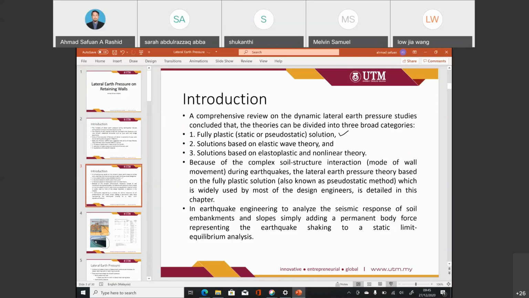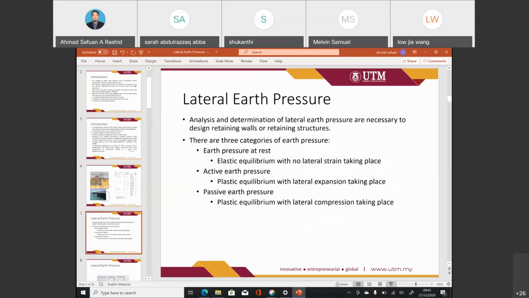So in earthquake engineering, to analyze the seismic response of the soil environment and slope, we simply add a permanent body force representing the earthquake shaking to a static limit equilibrium analysis. Okay, so the author has also added that to simply do the calculations, it is better to use the static limit equilibrium analysis. Okay. So we may discuss a little bit on the static approach, and then later on we will include the approach based on the dynamic